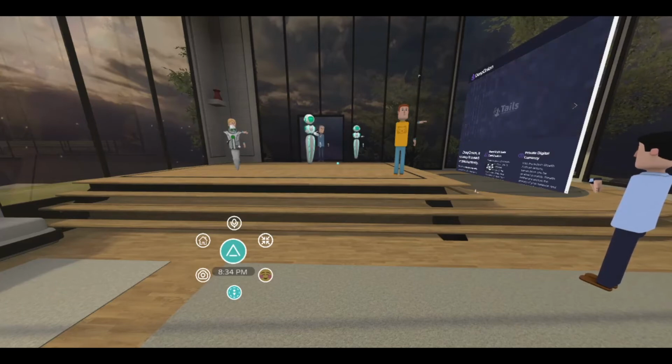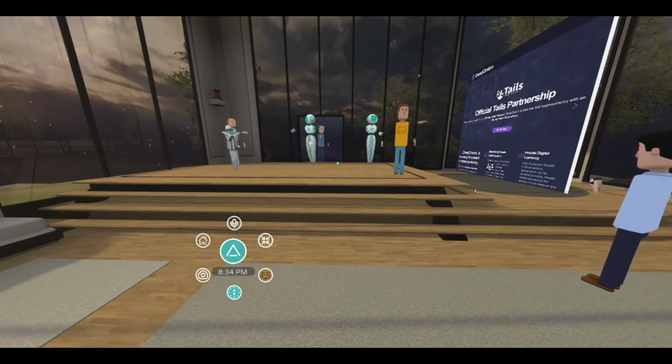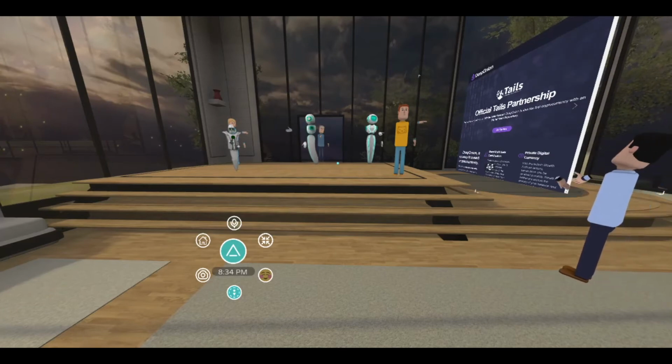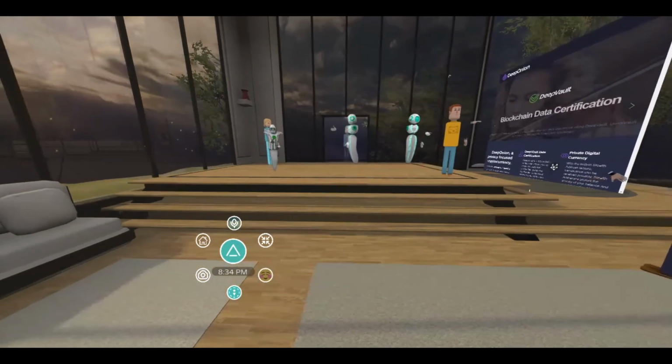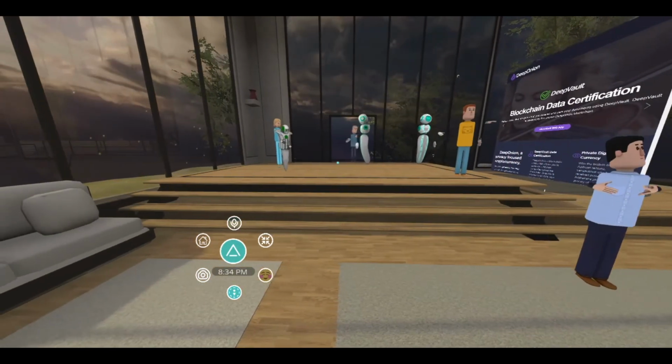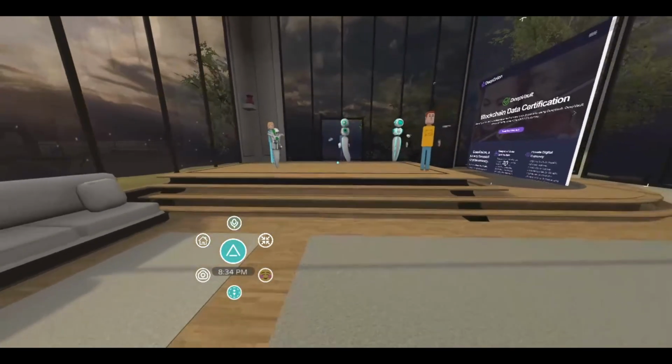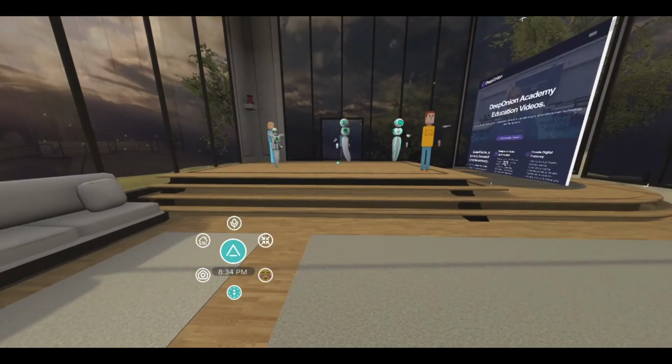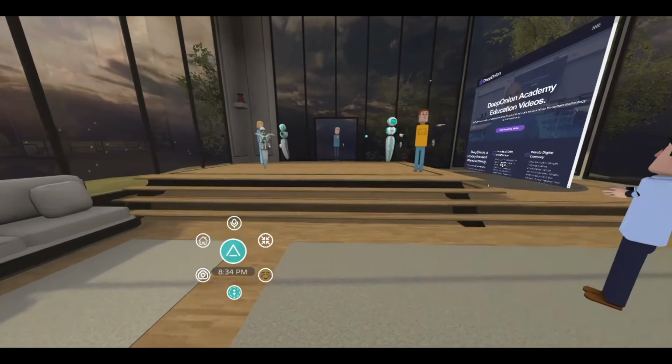IBM Business Automation is courting Stellar for their blockchain. Oh yeah, IBM is blowing up in the blockchain space. They're gonna be one of the next huge ones, for sure. Any other questions?